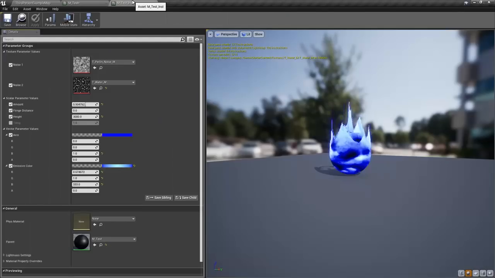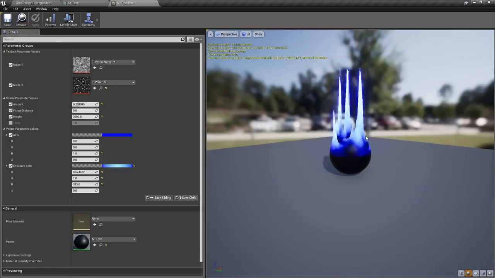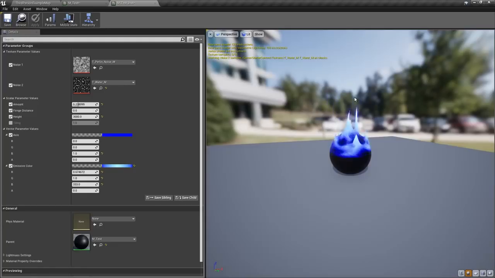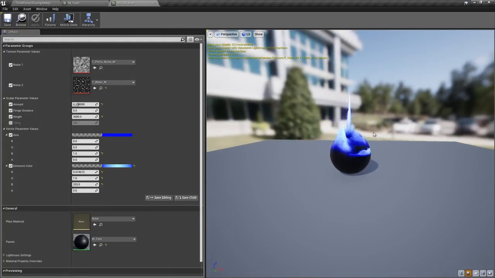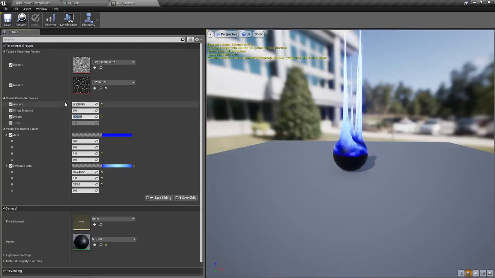In this tutorial you can control this amount value to gradually dissolve the material like this. It is similar to our planar dissolved material, but different in a sense that in the planar dissolved material you couldn't extrude the vertices of the mesh like this. In this method you can change the height, so it can look like this if you want,